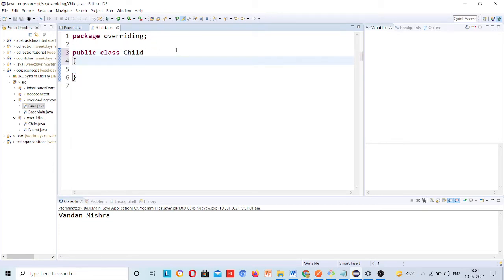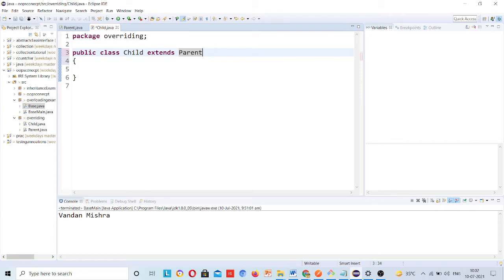And when it becomes a child, when you extend, you use this keyword to inherit that class's properties. If the child class wants the parent class properties, then inheritance. Okay, and which type of inheritance is this? This is single inheritance, just because this child class is extending the parent.